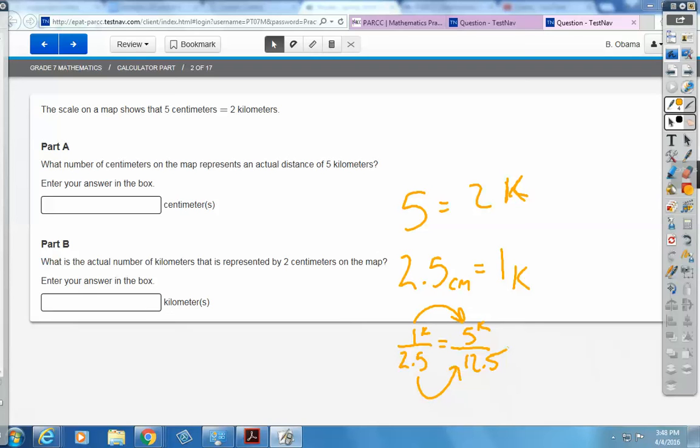All right. What is the actual number of kilometers that is represented by 2 centimeters on the map? All right, so if I know that, and this is with a calculator too, of course, let's start with the original ratio. If I have 2 kilometers for every 5 centimeters, that's going to have to equal